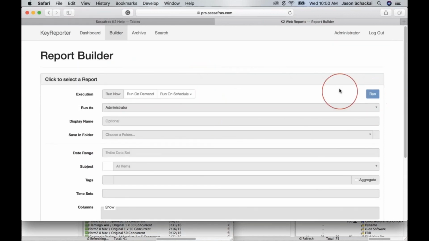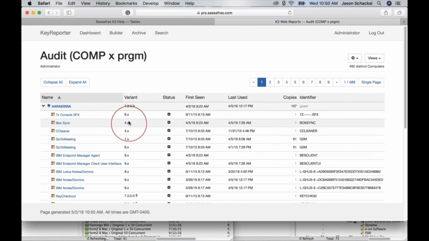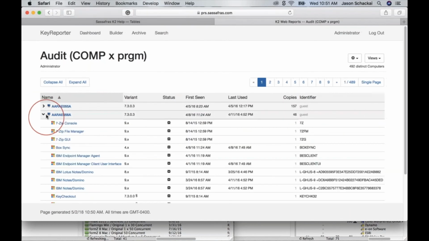I'm going to go ahead and run this just to show you how this displays. This is an HTML view of the data that would normally come out of a report in Key Configure in that table format. If you save a report in Key Configure as HTML, it will look very similar to this. Unlike Key Configure, we don't have the ability in Key Reporter to use the result of a report as the starting point for a new one. That's only an option in Key Configure, but we do have the ability to run a report and get a view of that report here